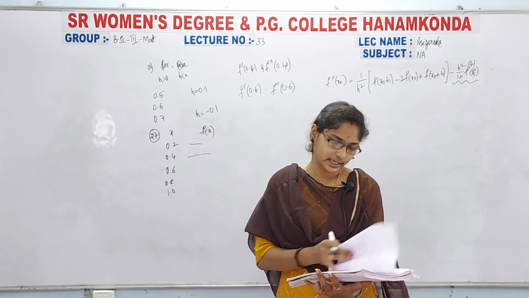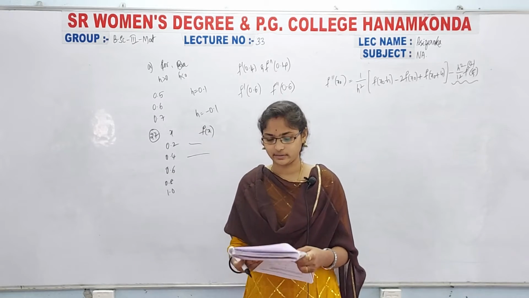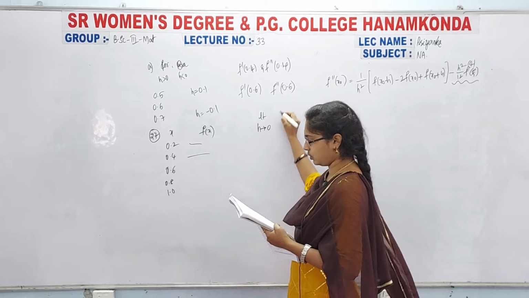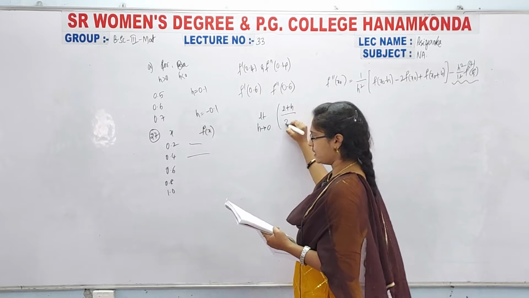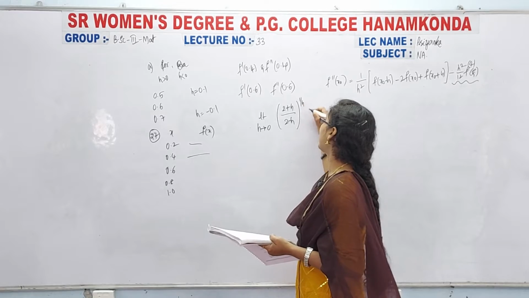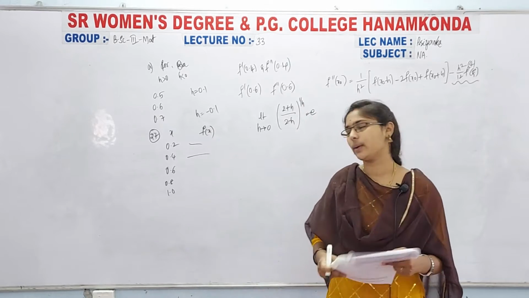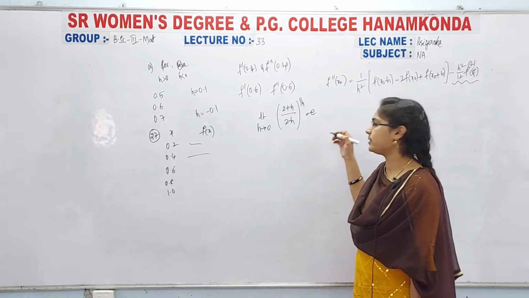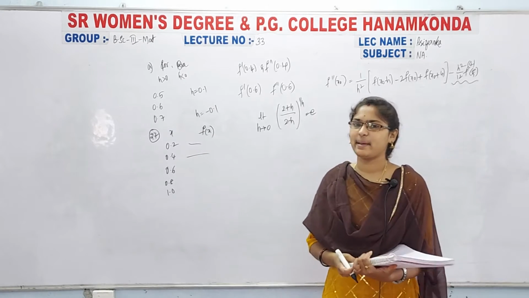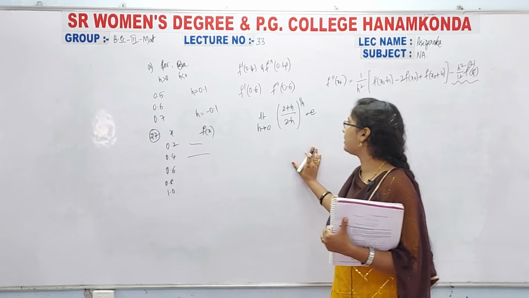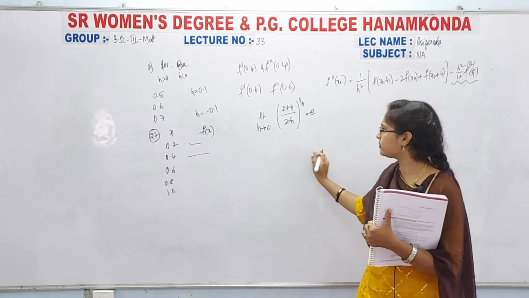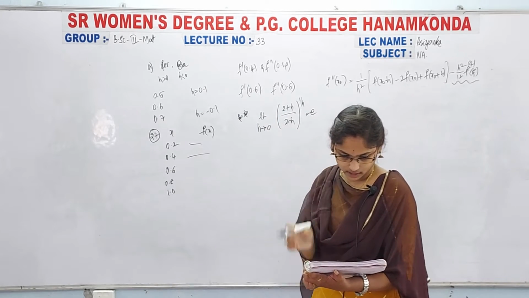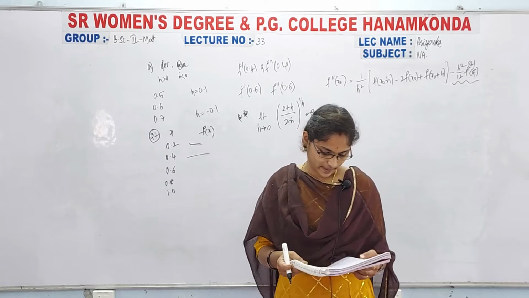Okay, and the 30th one is a very important one ma, that is nothing but they are asking limit h tends to 0, (2 plus h by 2 minus h) whole to the power of 1 by h is equal to e. Okay, this is a very simple problem, but here what we will do is just apply the log a by b formula. Okay, so by that we have to, and I will send the solution. Please prepare this problem. Okay, so now next we have that actually, that is the 30th practical problem.